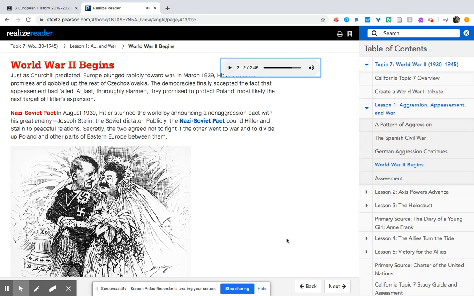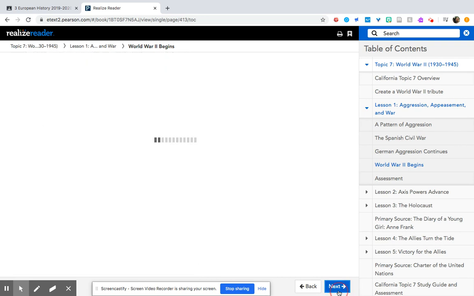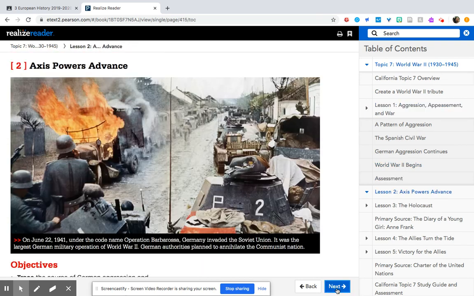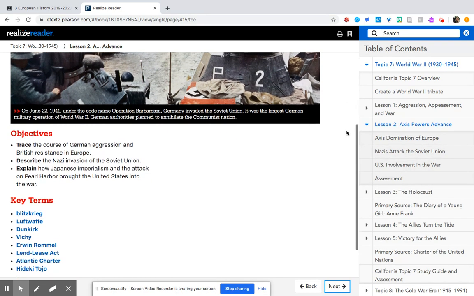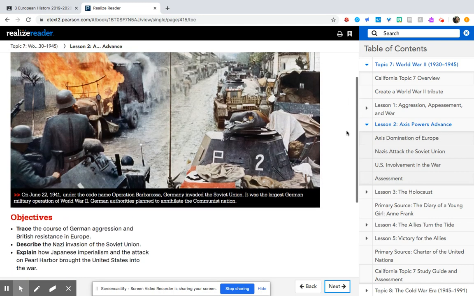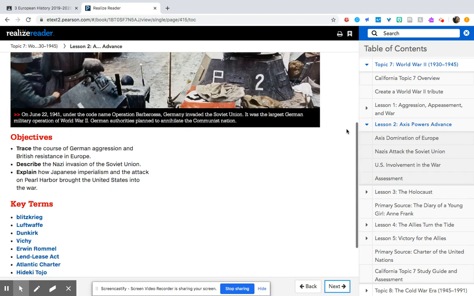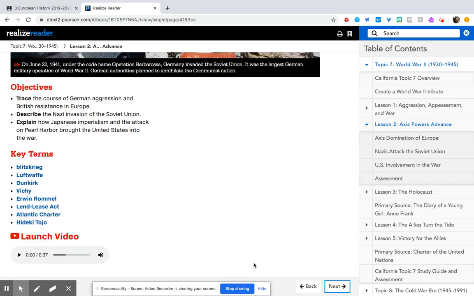All right, I'm going to pause it there. All right, I'm going to move on to not this page, but the next one, so we can start on our main chapter, now that you're able to answer the first three questions. I'm not going to play the audio recording on the very first page because it's just going to read off the objectives and key terms, which will be good for you to keep in mind, but they will be bolded for you in the reading, okay?